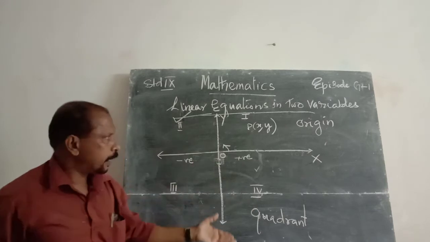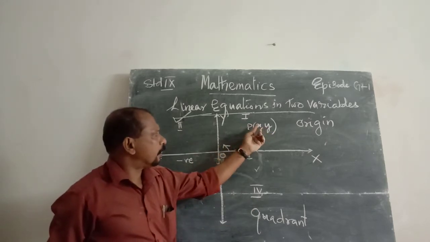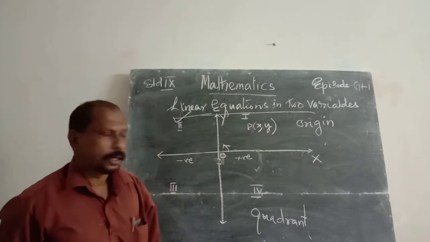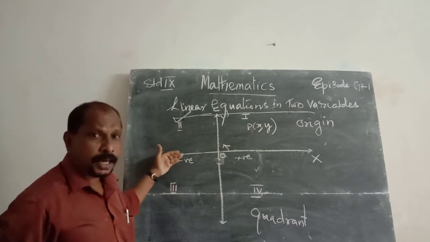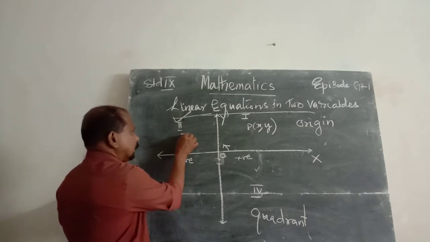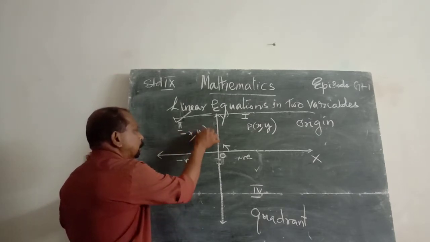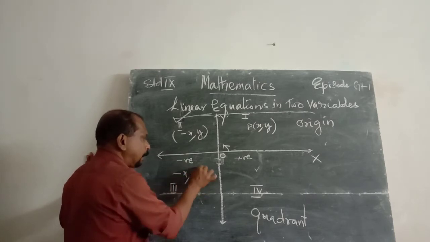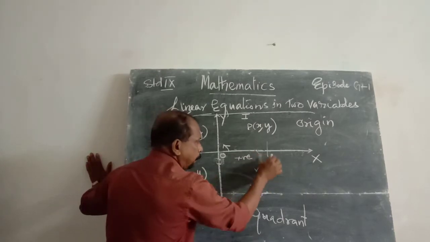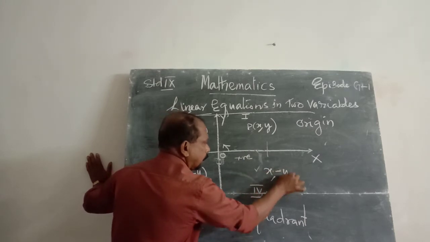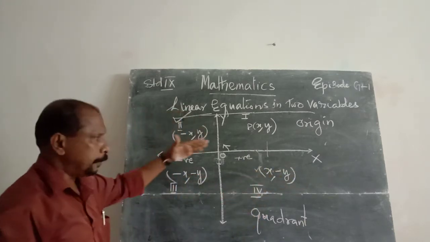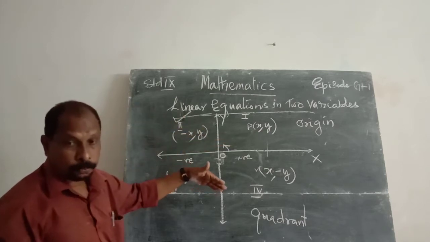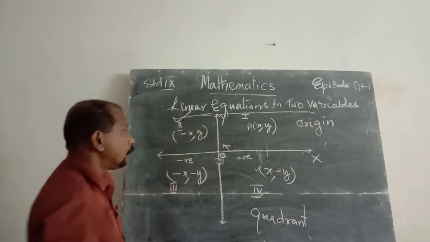In the anti-clockwise direction, in the first quadrant, the first value is x, the second value is y. X and y are positive. In the second quadrant, x is negative, you know the result, it is minus, and y is positive, it is plus. In the third, they are negatives, x and y are minus. In the fourth, x is positive and y is negative. Okay. These are the earlier chapter terminology. All these points will be well known.